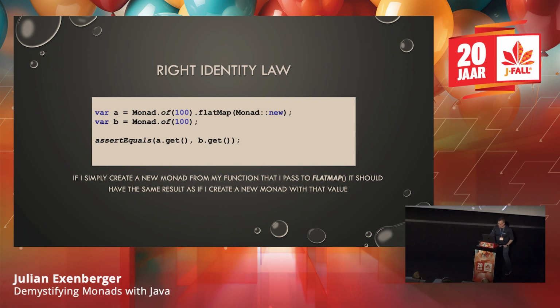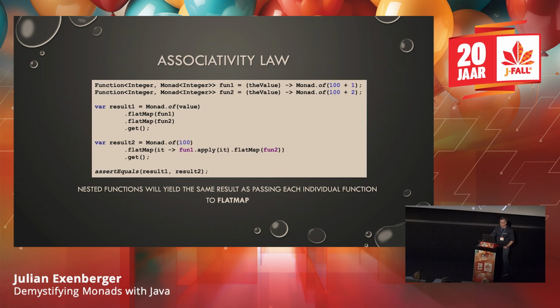The final rule is the associativity rule. So the associativity rule simply says that I should be able to nest a set of functions and get the same result as if I had passed those functions sequentially to my flat map function. And as I said, you'd get the same result. So in my case, I've got function 1 and function 2. The first one adds a value of 1 to 100, and second one, 102. Okay, and